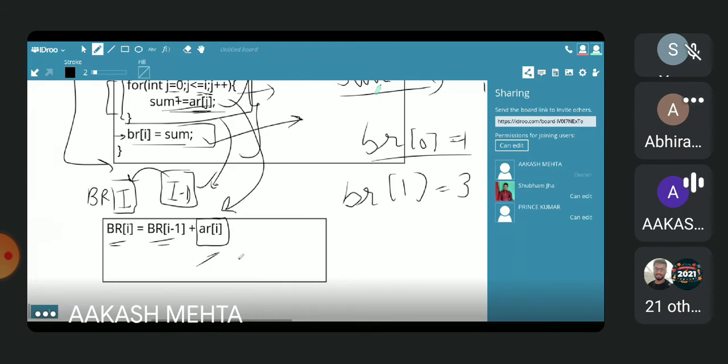Yes, sir. So what will be the time complexity of this statement? O(1), because it's accessing array elements only. Okay. So now let's